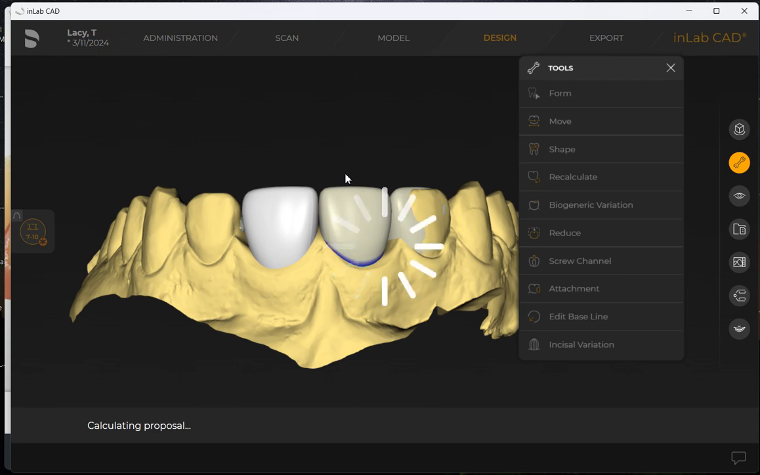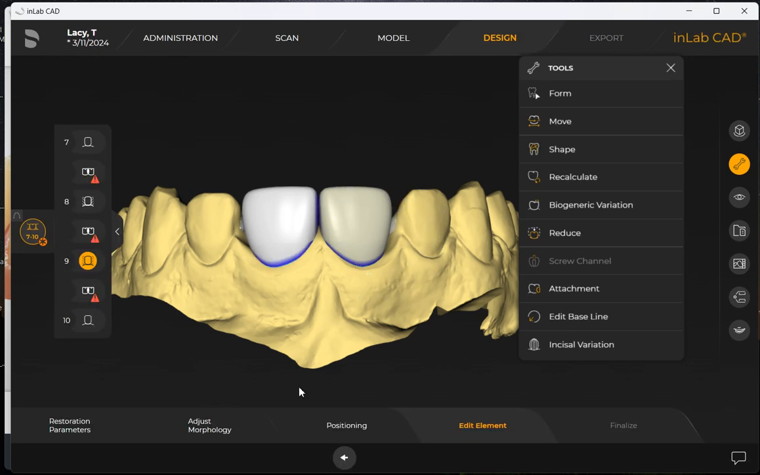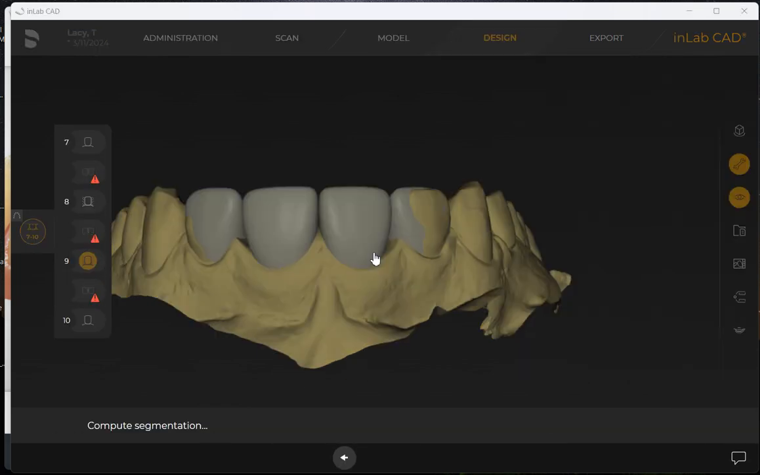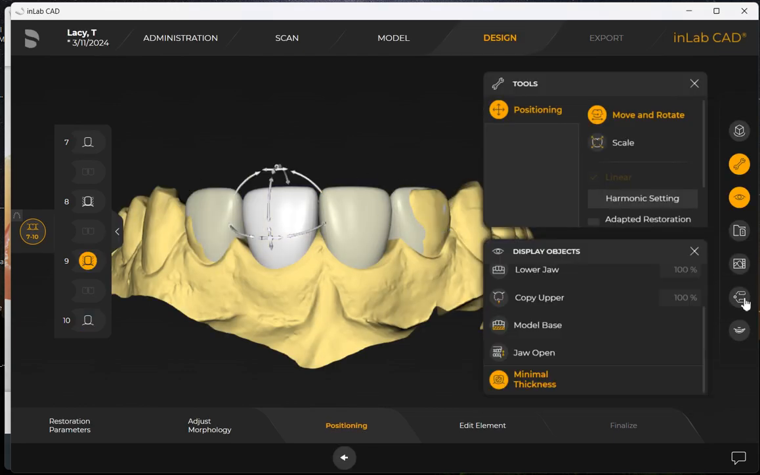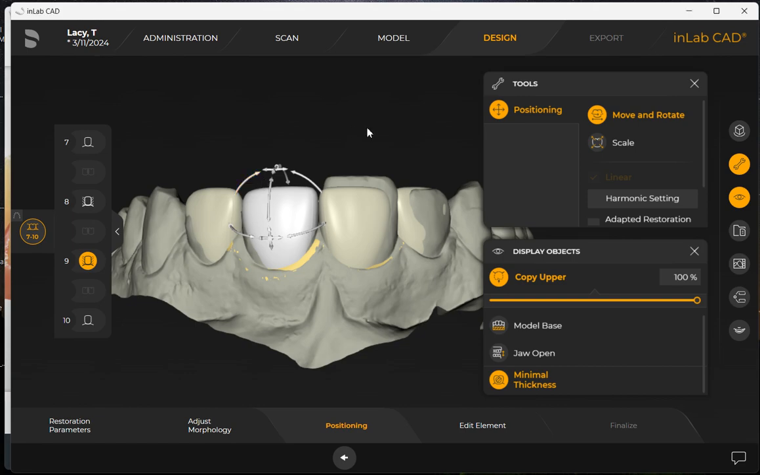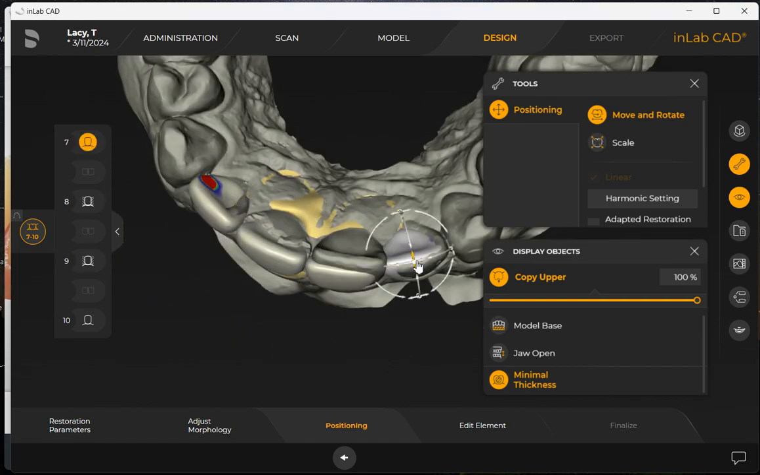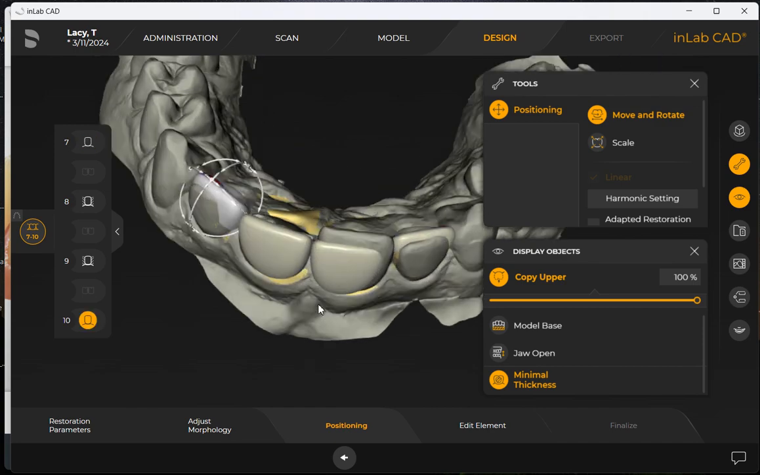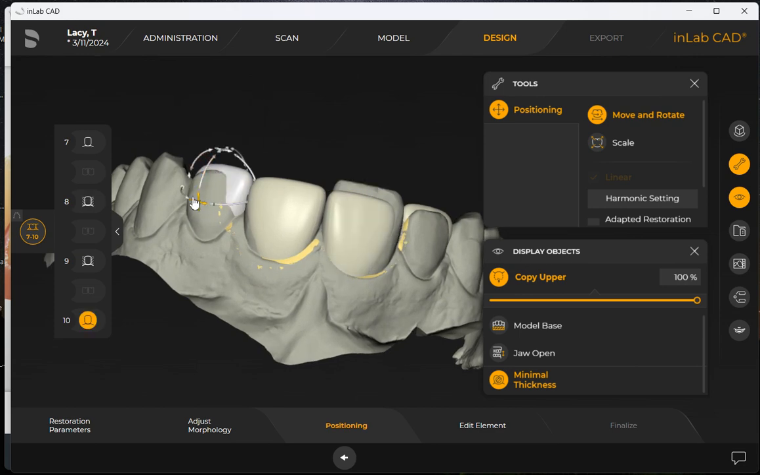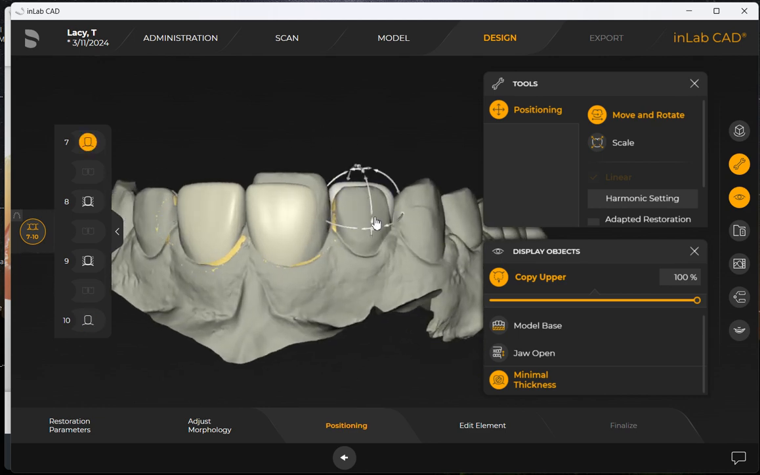So once we move forward, we're going to let the proposal calculate. And I'm going to go into my position tool, okay? Now, this is where it's really cool to have our biocopy, because we're going to take these teeth here, our lateral incisors, and we're going to move them out the way, okay? We don't want these lateral incisors confusing us. We're not using them for anything other than tricking the software into thinking we have some sort of a